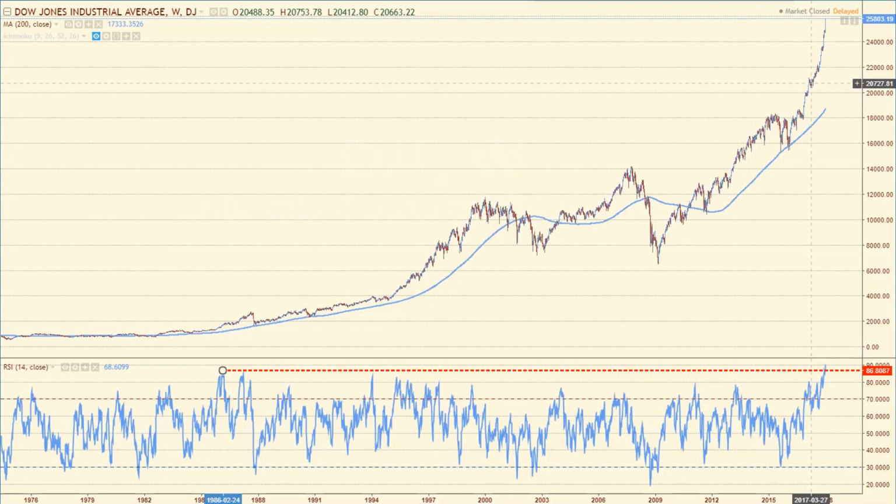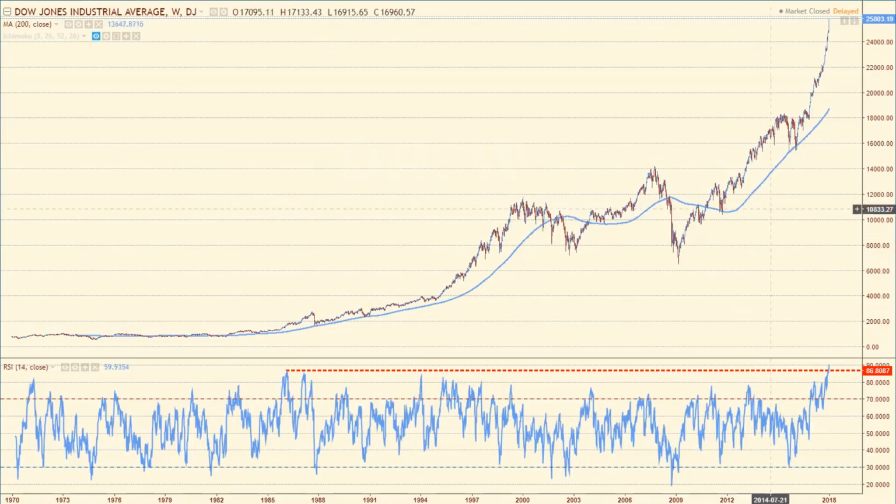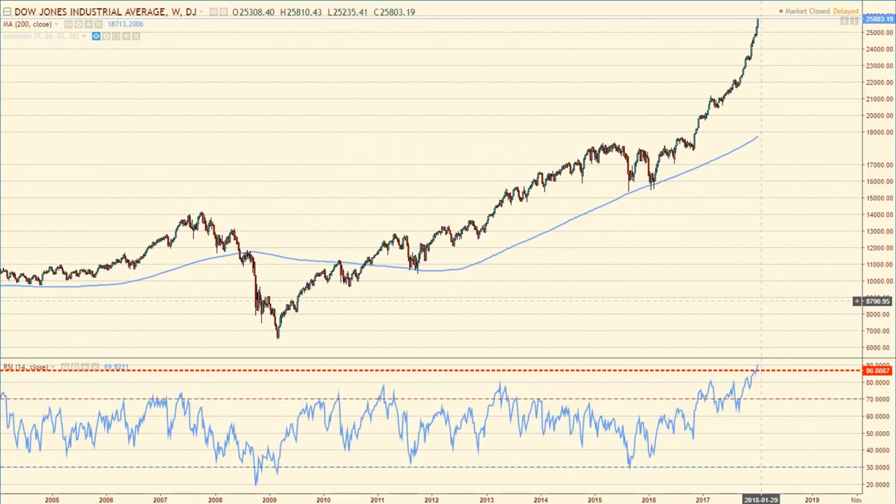However, the reason I'm pointing this out to you is that we are at a very euphoric stage. I have no idea how far we're going to go. However, on a weekly basis, the relative strength right now is trading in the high 80s. We haven't seen a relative strength reading this high, and you can see this right here, this dotted line, ever, in the data that I can compile using TradingView charts, which goes back to 1970. At any moment the market could reverse, and I'm not saying it's going to reverse this week. I'm just saying we have to be on guard, because if there's any reason that the dollar would start to strengthen,